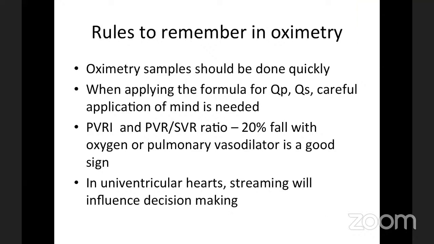Role of IV sildenafil in vascularity testing. Yeah, that is also another newer method that has been used. As I told, most of the pulmonary vasodilator testing has been done with nitric oxide, and the newer agents that are being tried